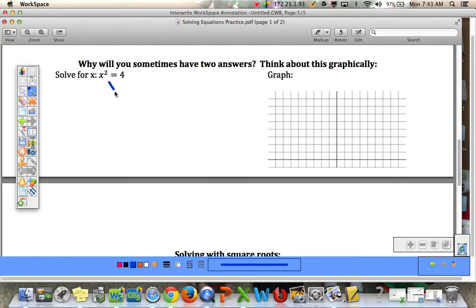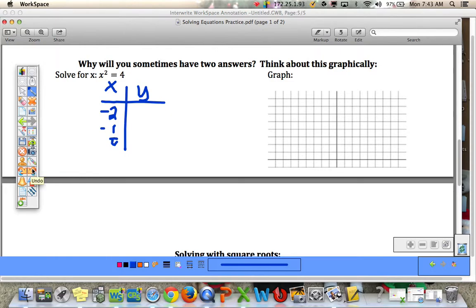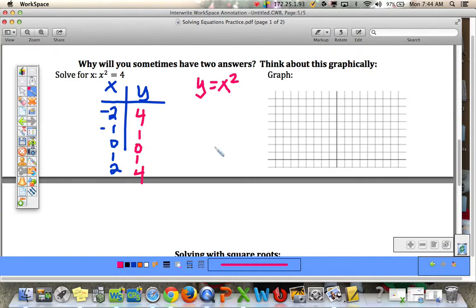So we can graph this. I don't have my graphing calculator up, so I'm just going to make a table. Let's say x is -2, -1, 0, 1, and 2. Alright, so I'm just going to make a graph by plugging in. -2 squared is 4, -1 squared is 1, 0 squared is 0, 1 squared is 1, 2 squared is 4. So if I were to graph these points, -2, 4, -1, 1, 0, 0, 1, 1, 2, 4, you can see right here,